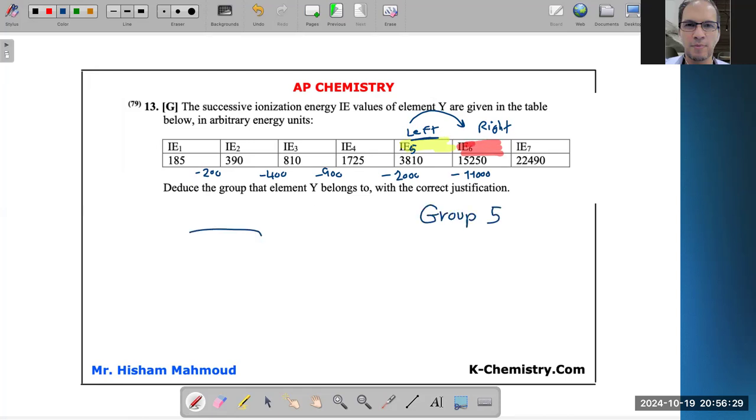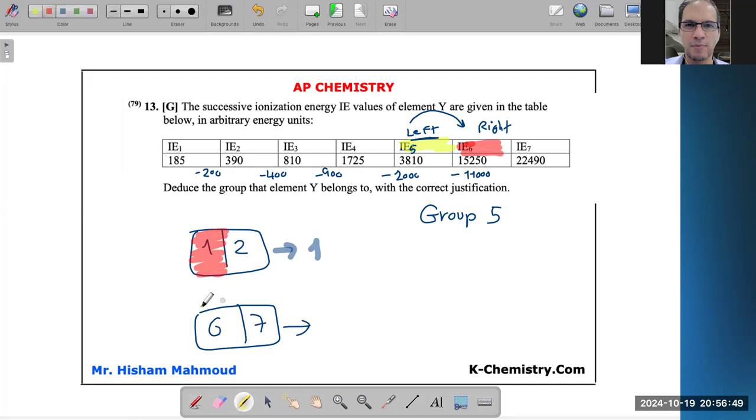5. تاني if the jump is ما بين 1 و 2 يا عبد الله I take 1 ولا take 2؟ Take the left one. So it is in group 1. طب if the jump is ما بين 6 and 7, take the left one. So it is in group 6. So always take the number which is on the left. شوف ال biggest jump فين and take the number on the left. اوكي يا عبد الله؟ تمام؟